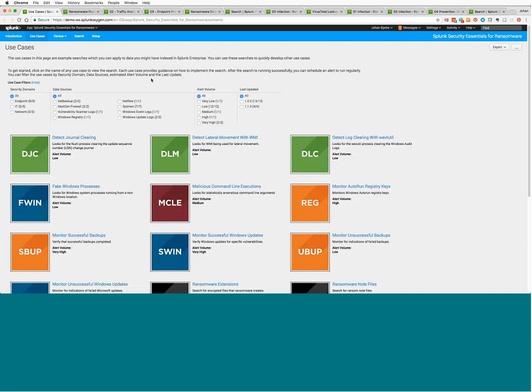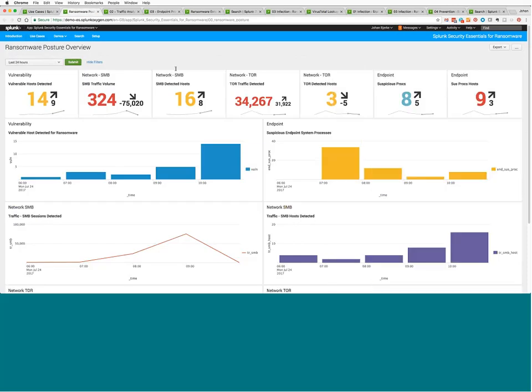So just the normal functionality of Splunk, but we'll apply them in this ransomware way. There are also some ready-made dashboards that highlight your current posture when it comes to ransomware, which I might show you. So there's a dashboard that looks like this, ransomware posture overview, that looks for typical indicators that you might be